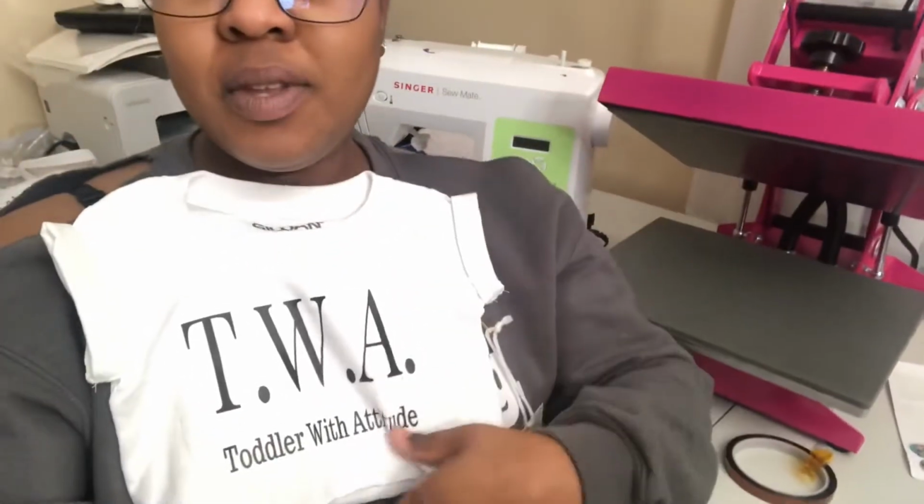Today I wanted to show you guys how to make a cropped graphic tee. I just added these to my shop because I needed something that I could make and ship out really quickly but still has that handmade feel. So this is what they look like, and